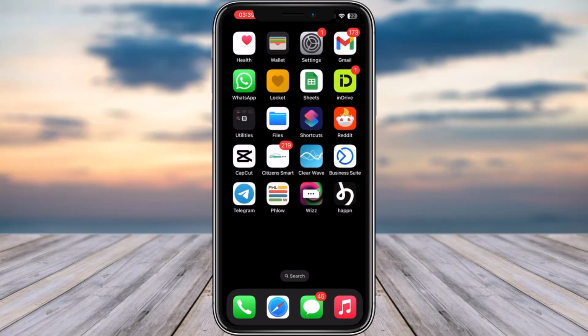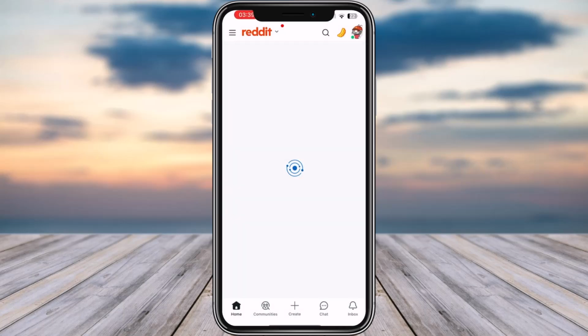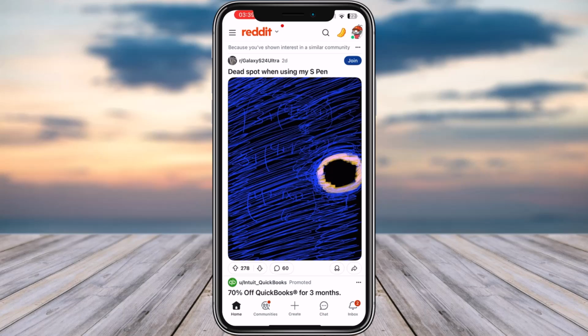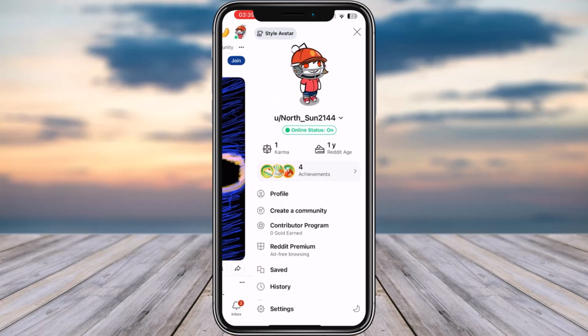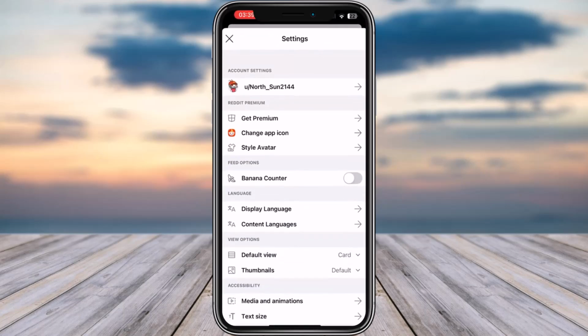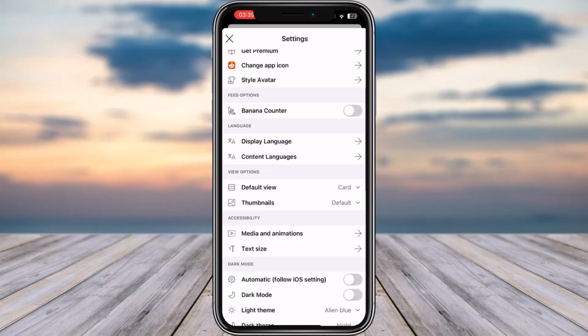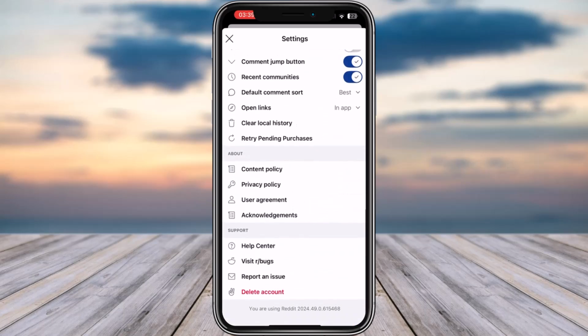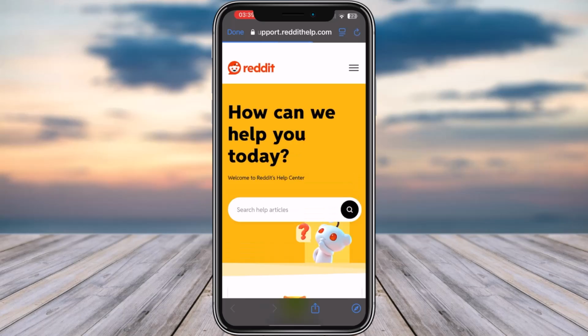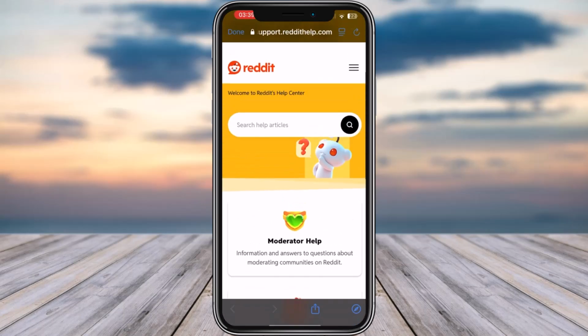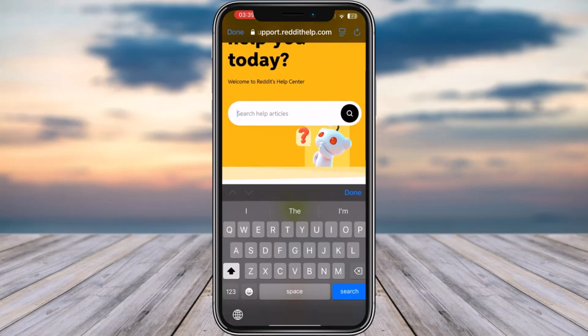So for that, all you gotta do is open up your Reddit app, and then from over here you're gonna tap on the profile icon on the top right corner and tap on this option of settings. And now from over here you're gonna be simply scrolling down and tapping on this option of help center. And then from over here you're gonna scroll down, go to the search bar and type in